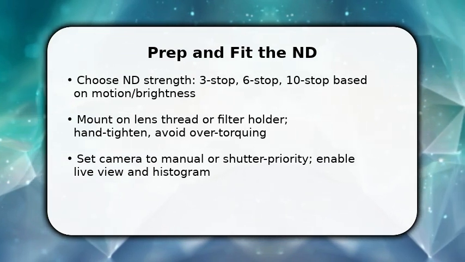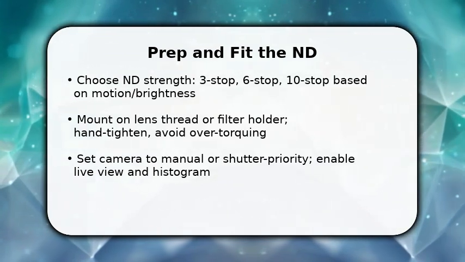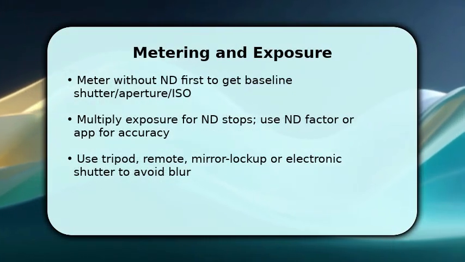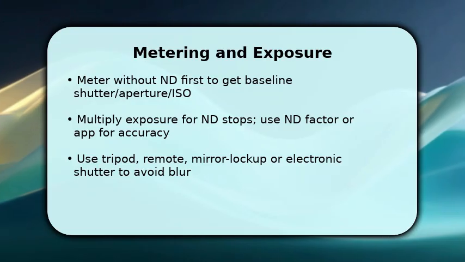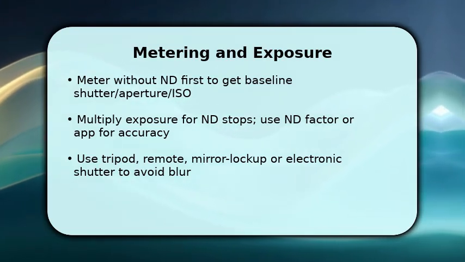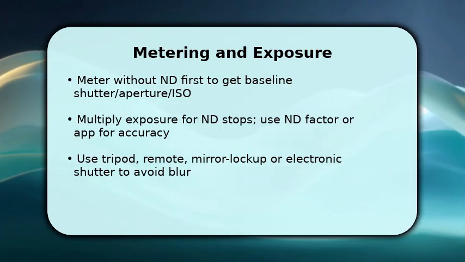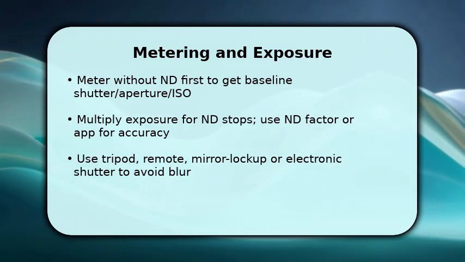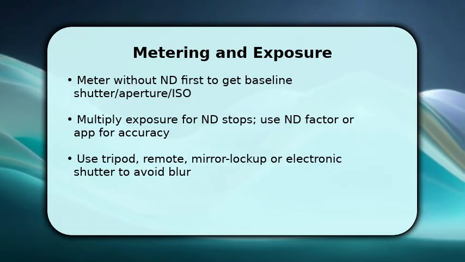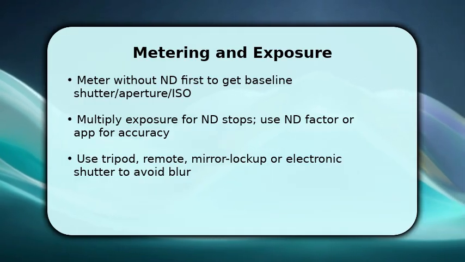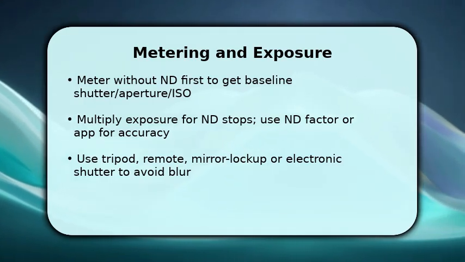Once you have a baseline meter reading without the ND, calculate the new shutter using the ND factor. For example, a 6-stop ND multiplies exposure by 64. You should use an app or the filter markings to convert stops to seconds. Make sure your camera is stabilized on a tripod and use a remote or mirror lockup to eliminate shake. Then recompose, refocus in live view with the ND on, and check the histogram after a test exposure to ensure